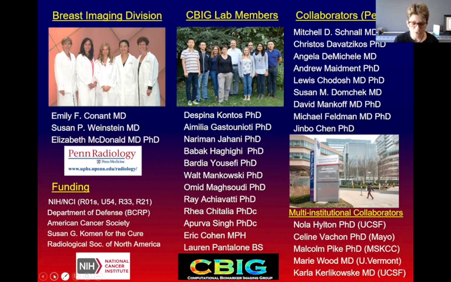All of the lab members who do the actual hands-on research. We actually had a chance last week, after almost February, to get together for a picnic in a very socially distant and safe way, and be able to interact with each other, have lunch and catch up, which is something that we hadn't done in person for a long time, and that was very refreshing.